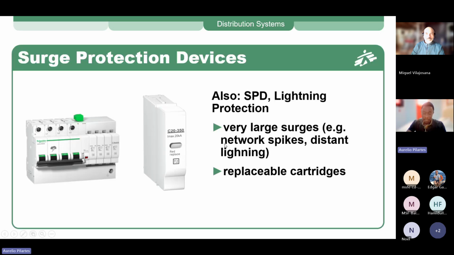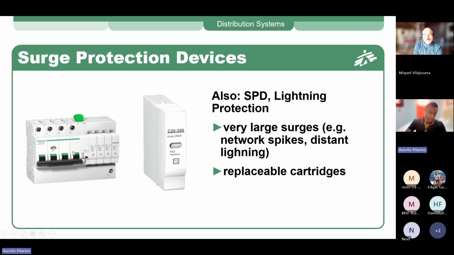So we move ahead to another protection device, which is the SPD, the surge protection device. As the name says, this device will protect your installation from surges. It will protect your appliances, your equipment, and the electrical installation itself from getting higher currents that can come from peak surges. For very large surges, this device will trip and the cartridge will go up. You have to replace the cartridge when you have lightning and the device does its work properly.